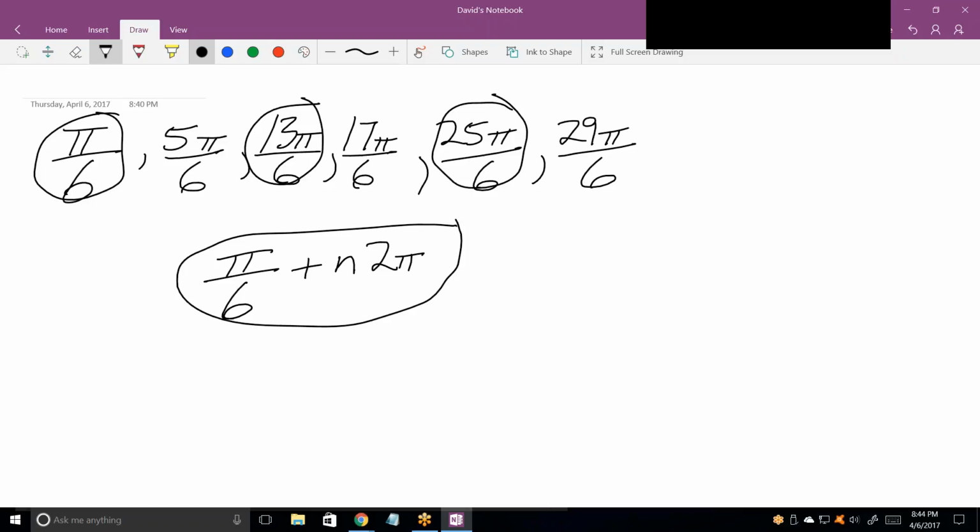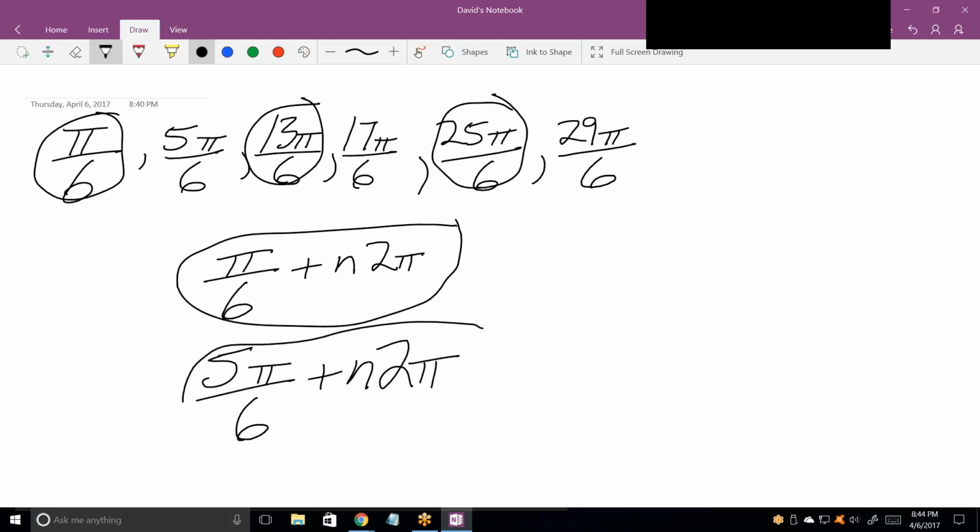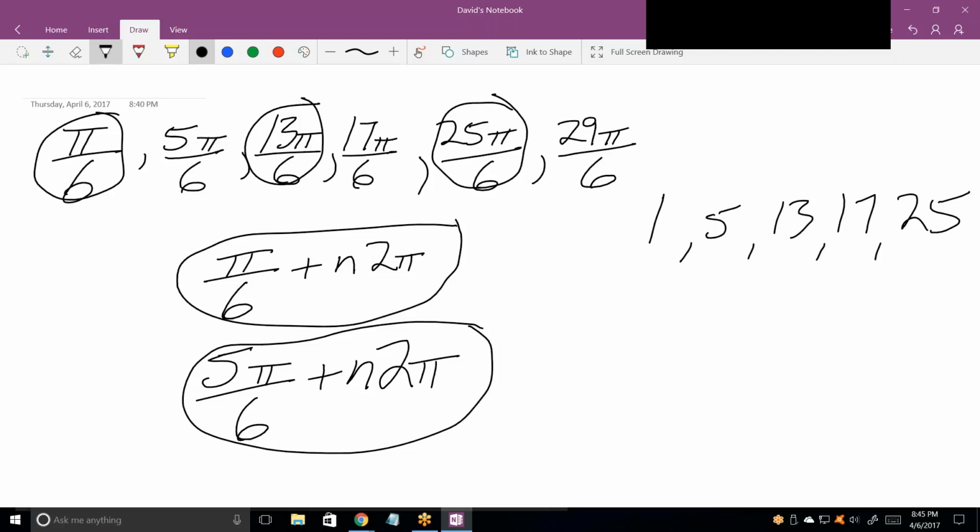Now, to describe this infinite series, I have to use 2 equations. The next one is 5 pi over 6 plus multiples of 2 pi. So there are the 2 answers to their problem. I cannot describe this series with 1 equation. The series goes 1, 5, 13, 17, 25. You can't describe that with one single concise equation, but you can describe it with two